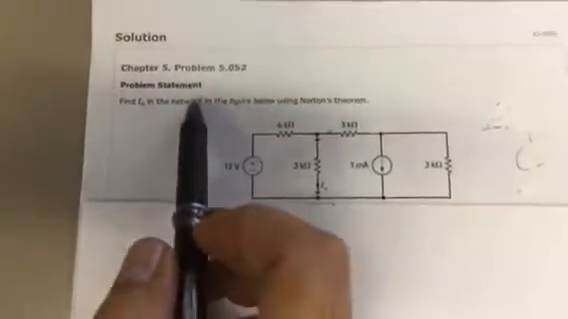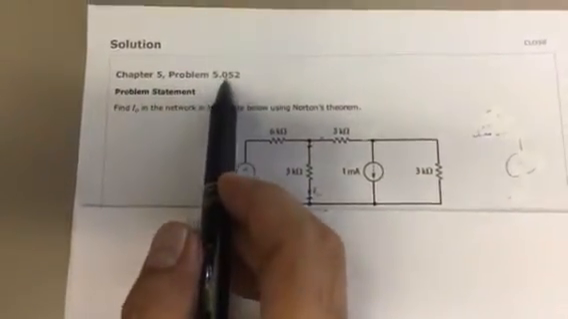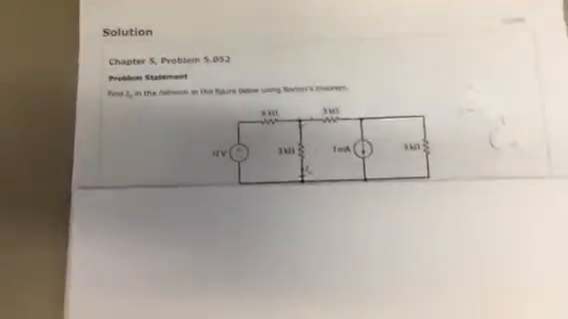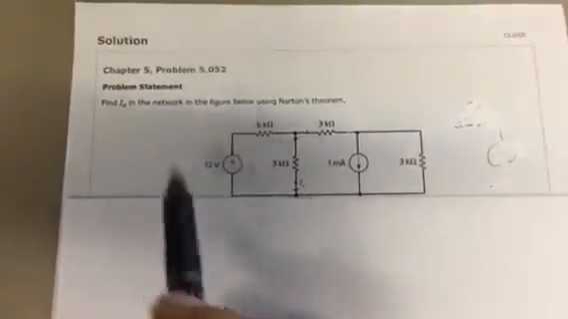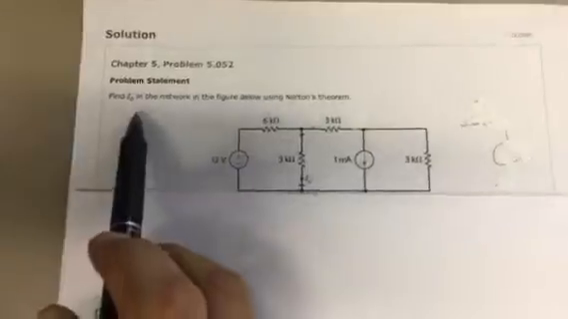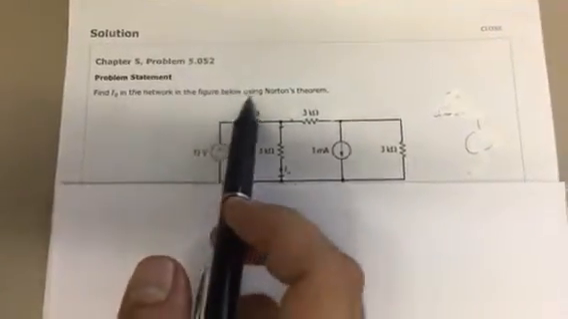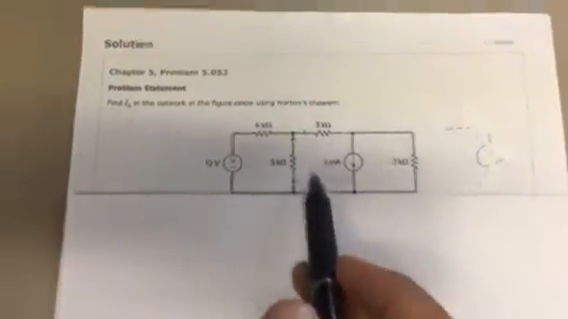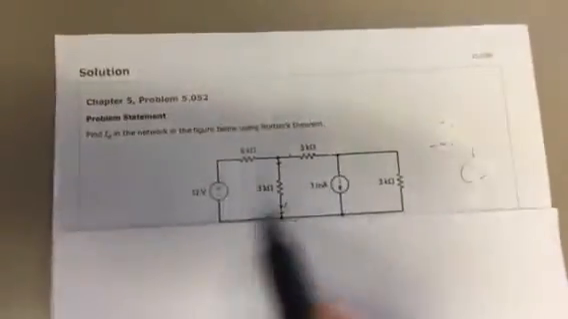Okay, I'm going to walk you through the answer to problem 5.052 from your homework. The question is: find I0 in the network in the figure below using Norton's theorem. If you want to use Norton's theorem, you need to know that